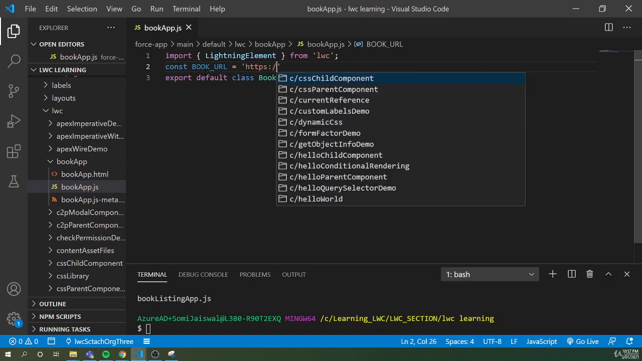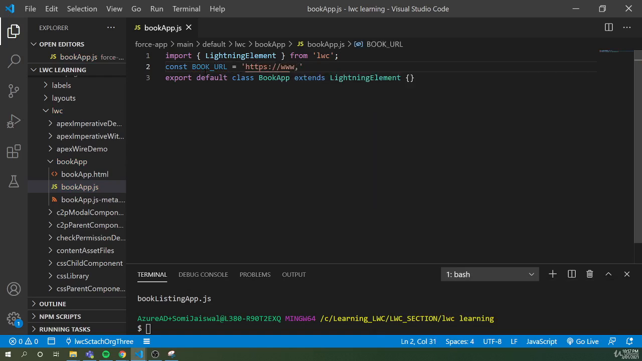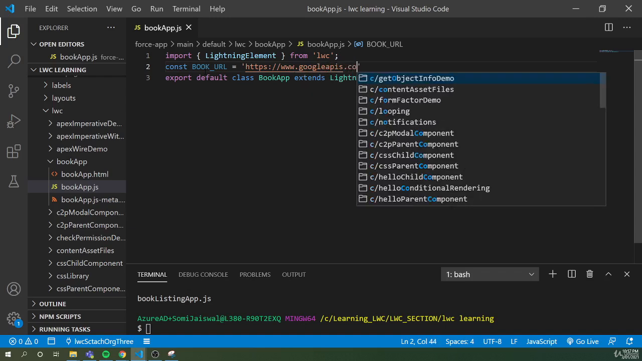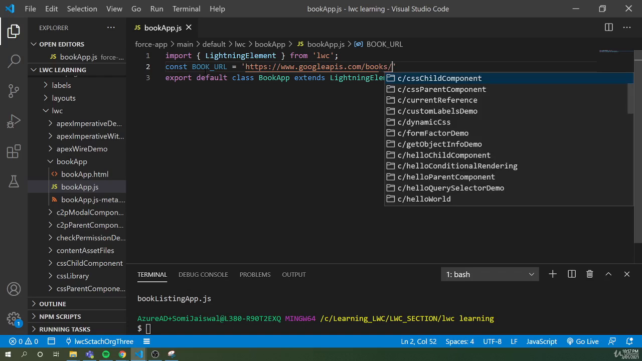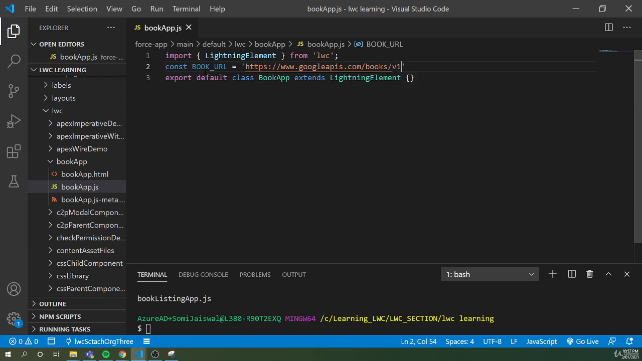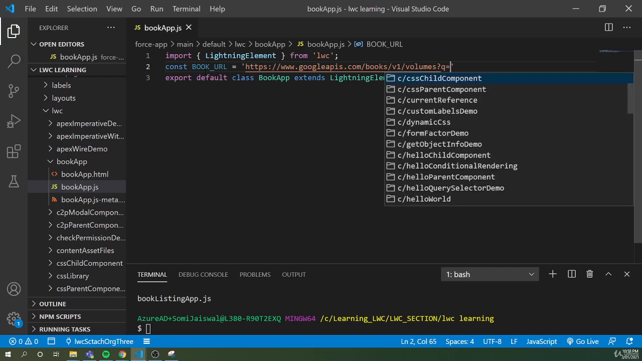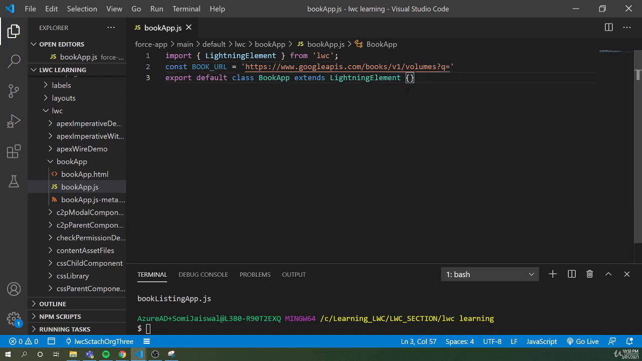https://www.googleapis.com/books, and the API version is v1, and we are calling the volumes of the book, and here we're gonna pass the query dynamically. And now to call this URL, we have to understand the fetch API, and to understand that,